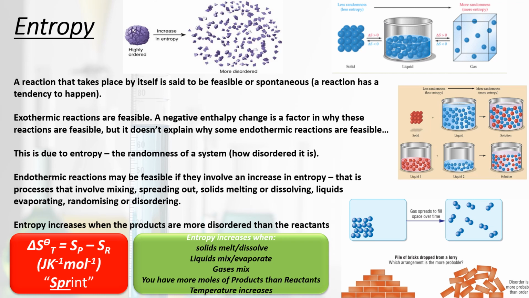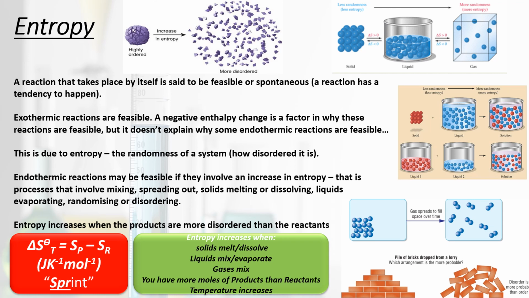It's also if we have more moles of products than reactants. You can think about this as simply having, imagine I have A plus B goes to 3C plus 4D within the same space. By having more products than we had reactants, you can hopefully see that the products would therefore be more disordered than the reactants. Imagine trying to fit 2 people in a room that then turns into 20 people in the same size room. It's going to be a much more random, much more disordered and chaotic system with 20 people in a room compared to just 2.